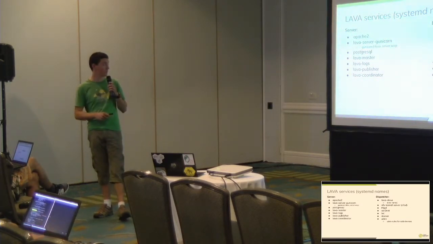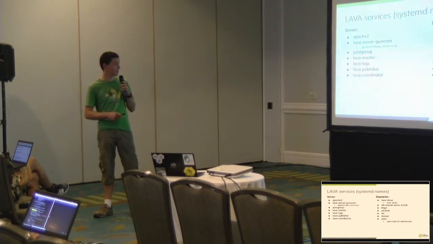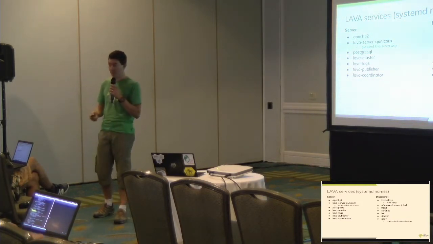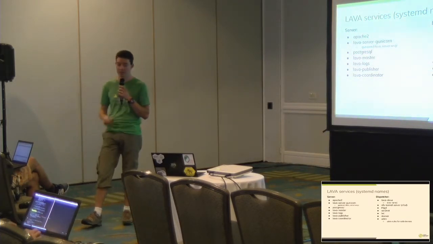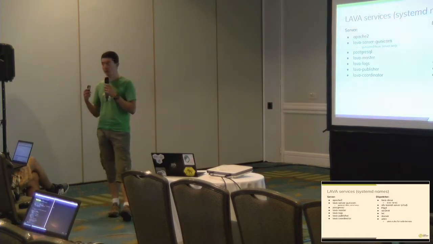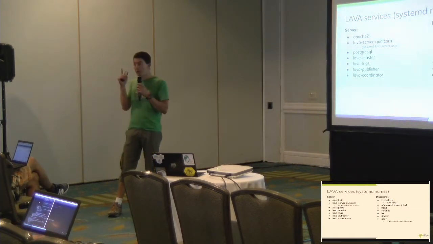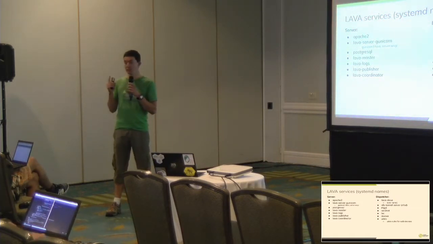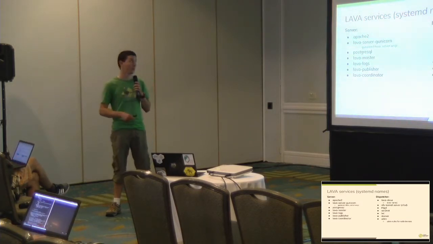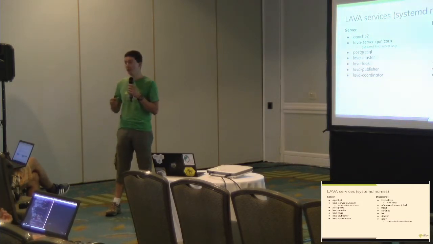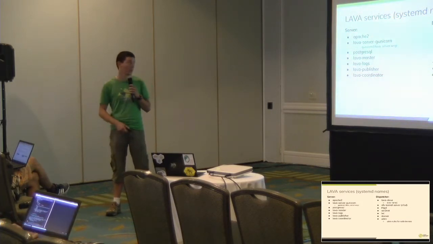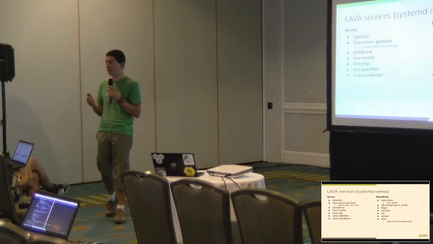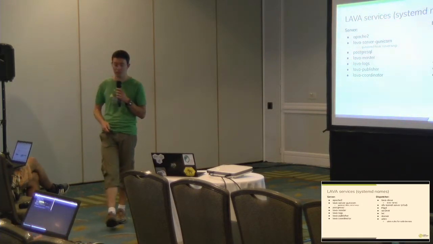We use Postgres for the database, and then we have 4 different Lava services. So Lava Master, Lava Logs, Lava Publisher, and Lava Coordinator. I will explain a bit later on what they each do. If you go on to the dispatcher then, the one responsible for the DUTs, there is only one service that we provide. It's called Lava Slave. And then depending on your use cases, you will have an NFS server, you will have a TFTP server, Ser2net, LXC, Docker, udev maybe. It will depend on what kind of board and what kind of use case you have.